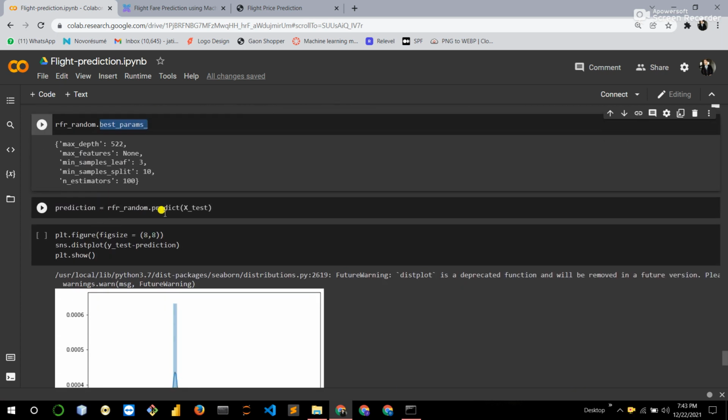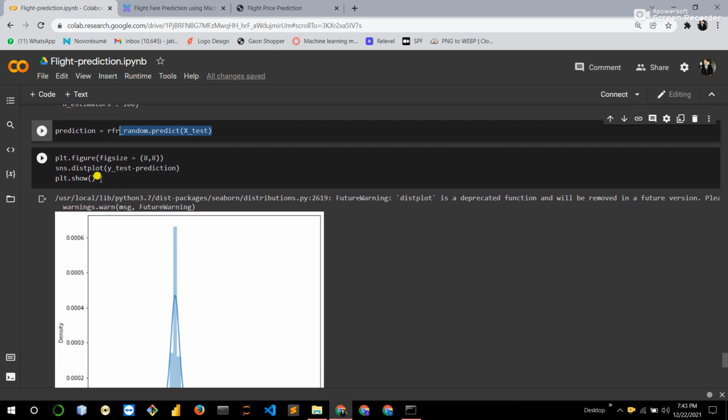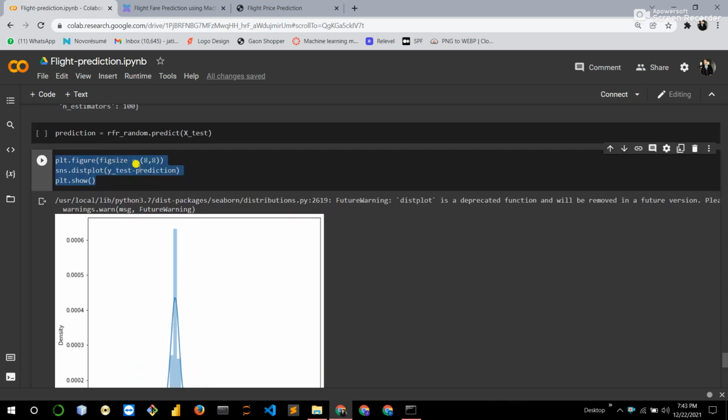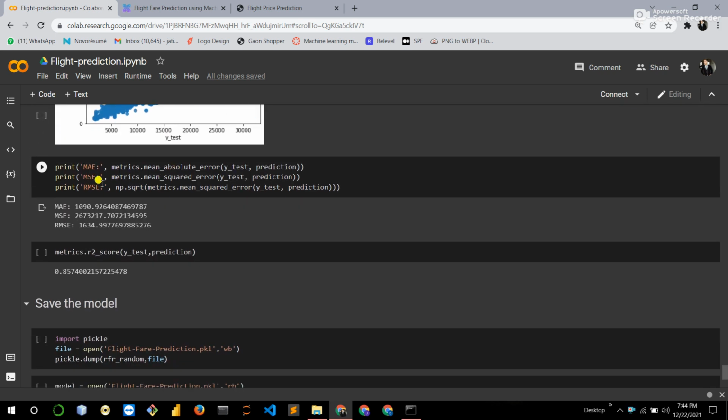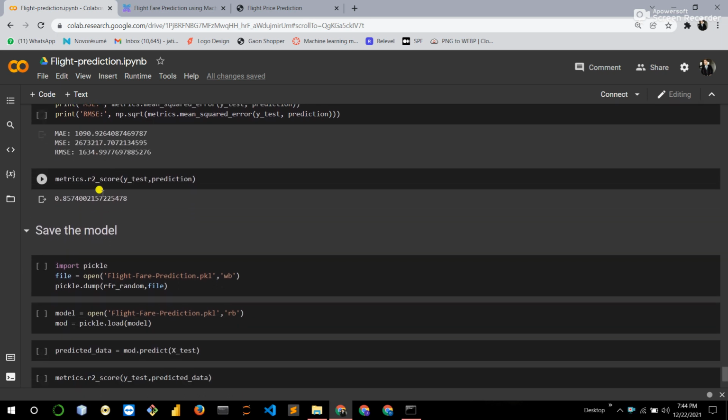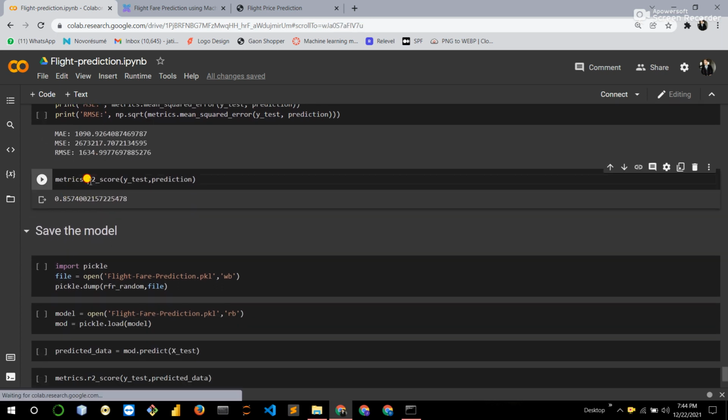Okay. Then after that, we test the model with the testing data set. Then again plot the graph of y test minus prediction. Then again check the mean absolute error, mean squared error, and root mean squared error. Then we check the R2 score.